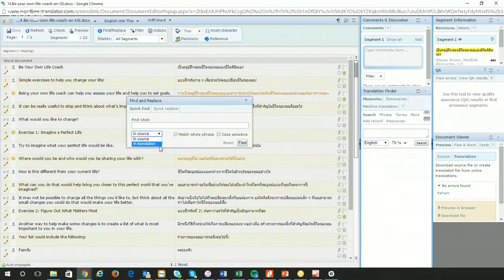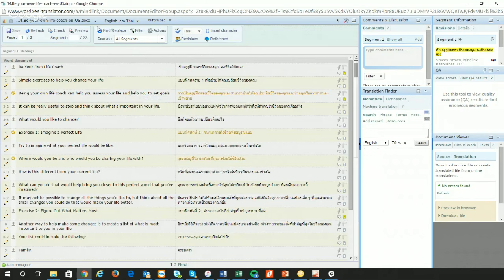So I could come here and every time that product name comes up, I replace it with the proper name of the format, I mean, with the trademark in it. So that way it does it through the whole document and I don't have to go line by line. So these little tips will help you save a lot of time.